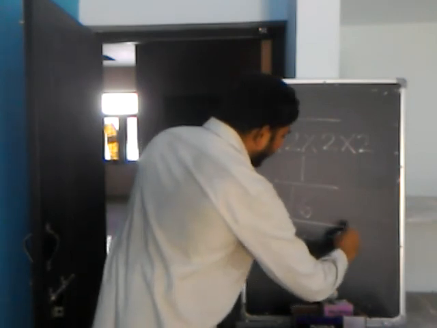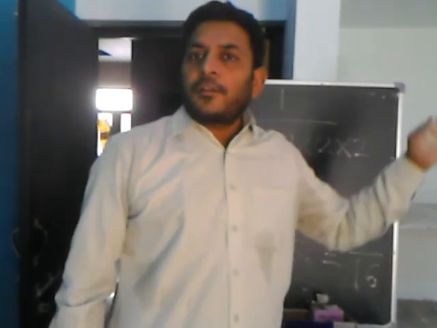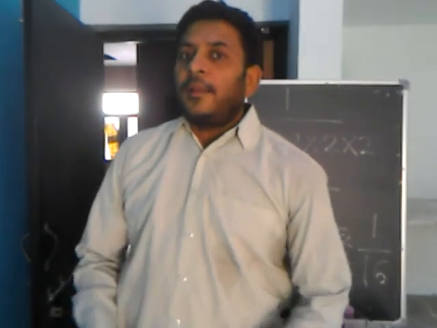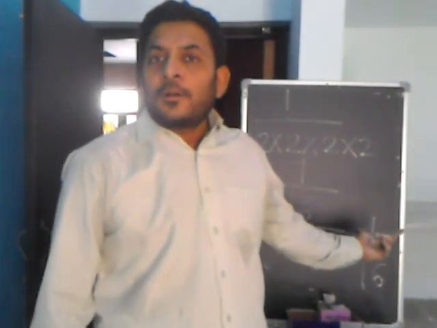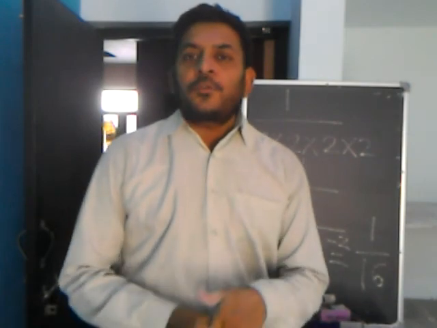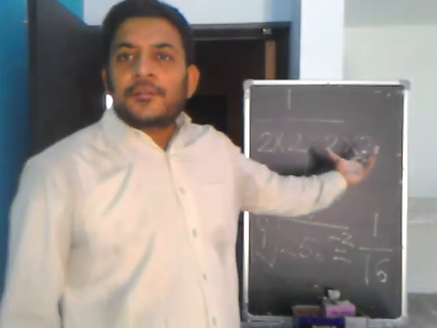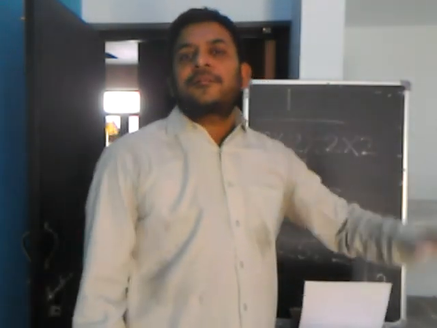What I did: first of all, I brought 256 down because it was having a minus power. Then I wrote the power 4 upon, like 1 upon 4. I solved them, I got 1 by 2. 1 by 2 means square root. I found out the square root of 256, it was 16, and because it was in the denominator, it became 1 upon 16. This is how we will solve questions.